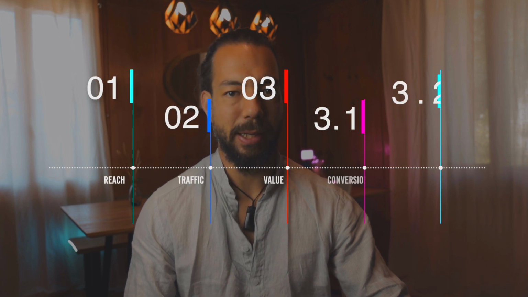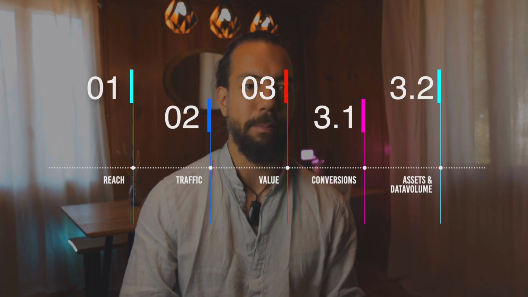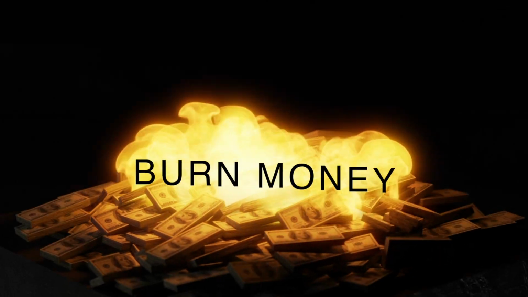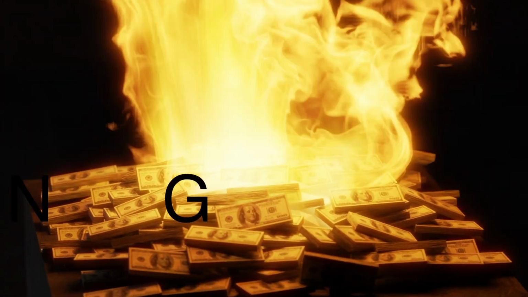I want to talk about the lever points of your Google Ads account. All too often we create campaigns, ad groups, keywords and ads and hope the sales just fly in. But that's not how things work. Not only do you not see any traction from your campaigns, but you also burn marketing money for nothing. So I'll show you where you want to invest your time to optimize your search campaign